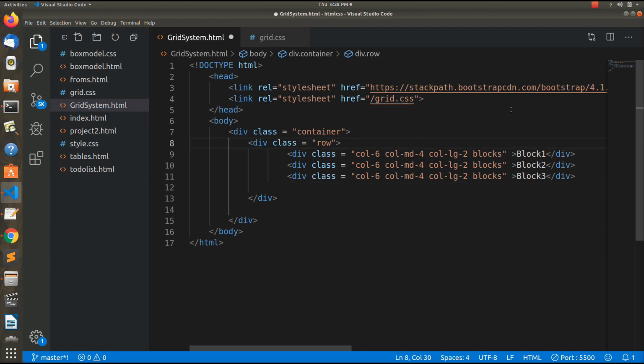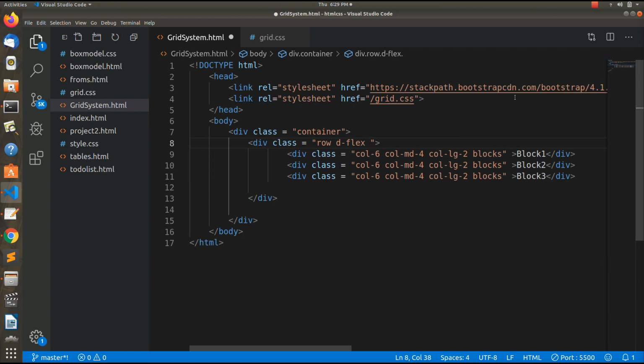So what is Flexbox? Flexbox is actually a Bootstrap package that provides us with various classes that help us align our content properly, be it row wise or column wise. First of all, let's see how we can align our content row wise. If I want to align all my content in the row at the center position, I can simply add the following classes. First of all, I would add the class of Flexbox, which is d-flex. This would provide this row with the Flexbox package.